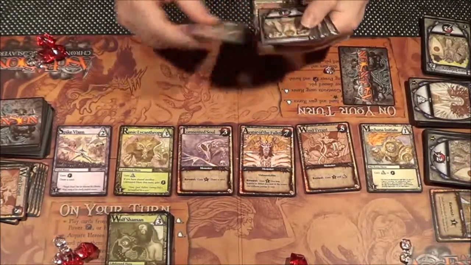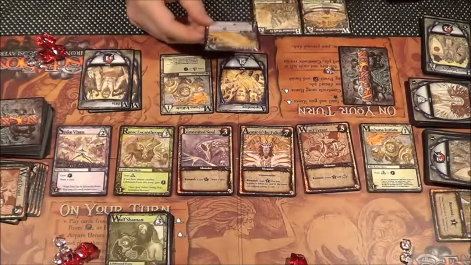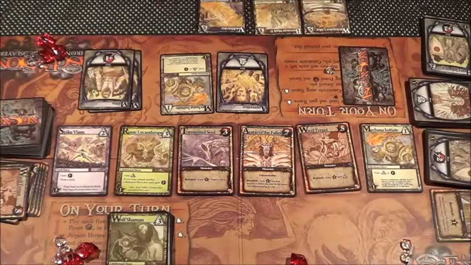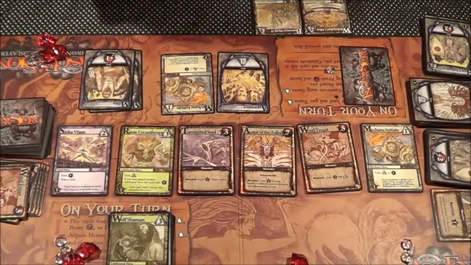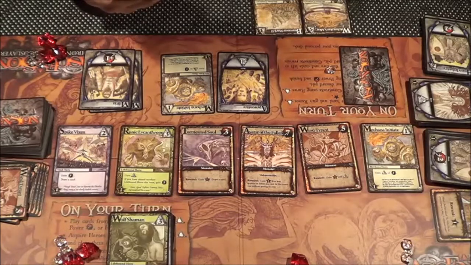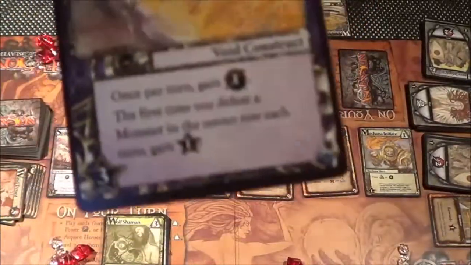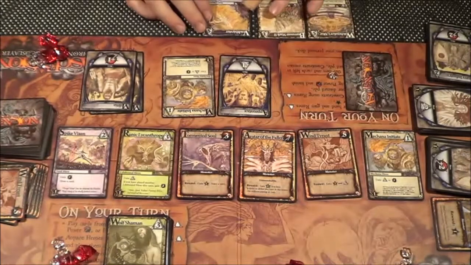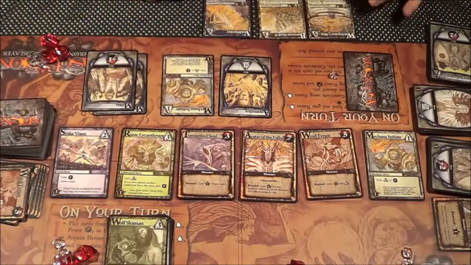Let's see what we have. We have a Militia, we have a Mechanica Initiate, we have an Apprentice, and we have a Void Thirster. Okay, I'm assuming I play those. That's a Void construct. And it says once per turn gain 1 power, and for the first time you defeat a monster in the centre row each turn gain 1 honour. So I'll just move that over so you can see. There we are. So we'll play that. So that's 1, 2, 3, 4 power,